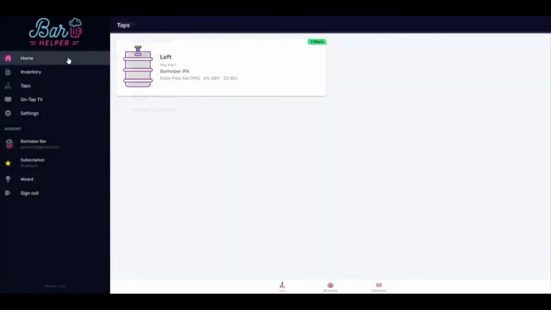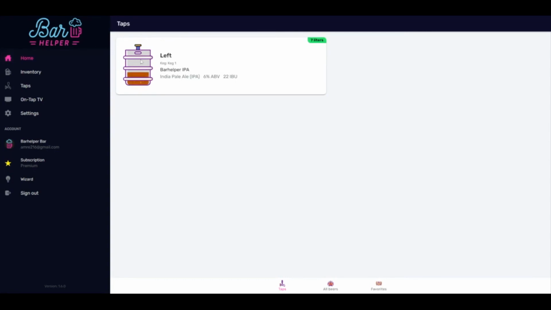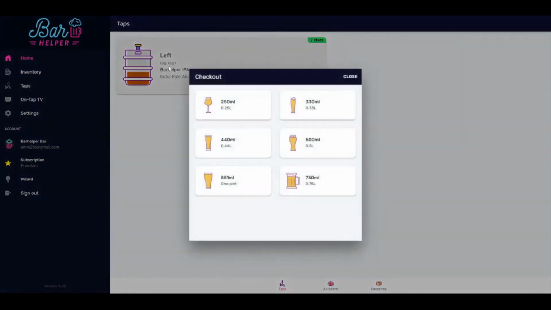If I now go back to my home page, I can see that I have my very first beer here, which is on keg number 1. The nice thing about Barhelper is that it helps me to keep track of how much beer I have left. So if I were to go and pick myself up a glass and want to check out some of this beer and tap it out of my keg, I can simply click on